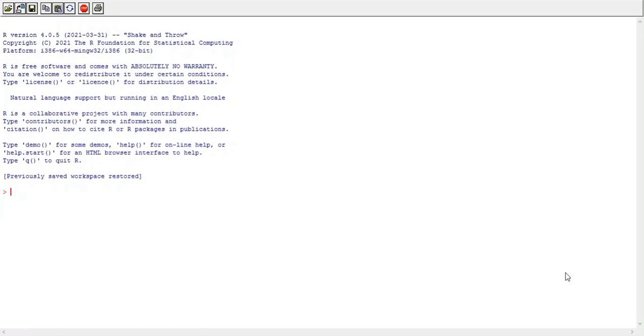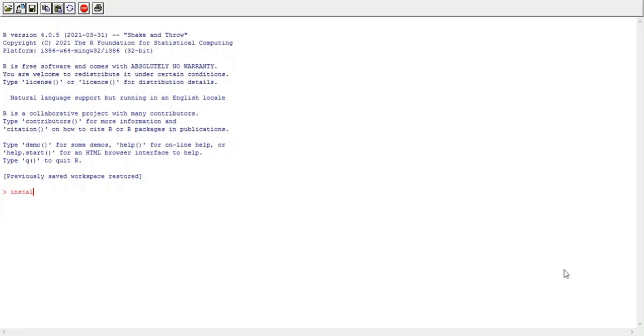Before using the melting and casting functions in R, we need to install the reshape or reshape2 package. Without installing this package, we are not able to execute the melt and cast functions. There are two ways to install these packages.